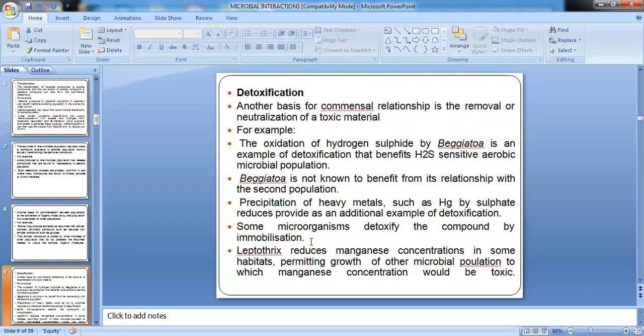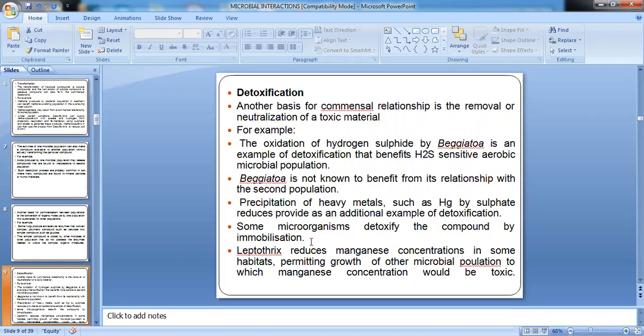This will benefit those organisms which are sensitive to H2S in an aerobic environment. Beggiatoa does not benefit from this association. So Beggiatoa will use up H2S. H2S is toxic to many organisms. When Beggiatoa uses up H2S, it is using it for its own metabolic capacity, and it will detoxify the